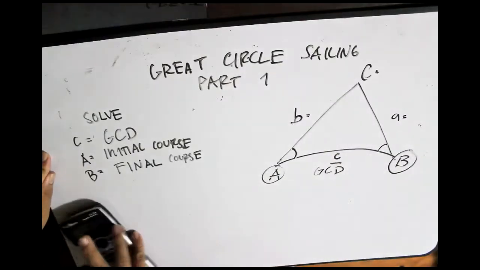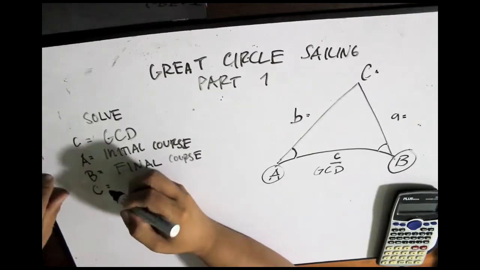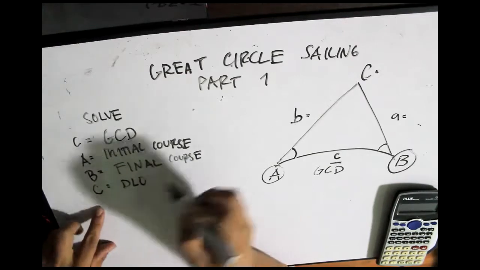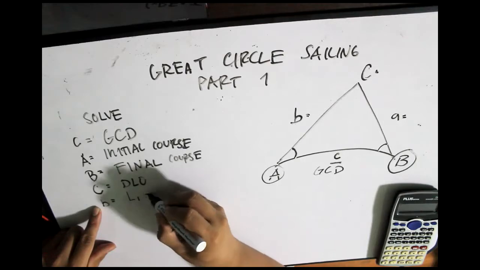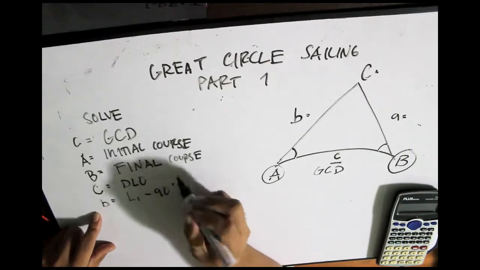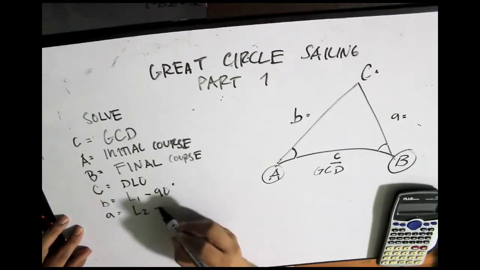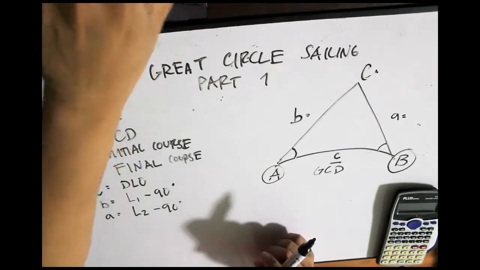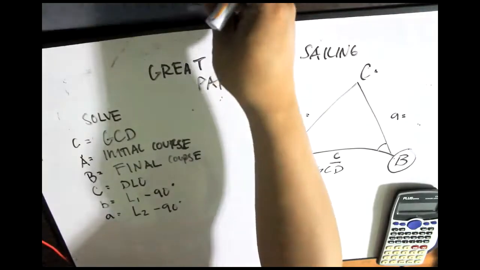Now, yung malaking C na yan would be our difference of longitude. Okay? And the B will be your latitude 1 minus 90 degrees. And your A na maliit will be your latitude 2 minus 90 degrees. Okay? Bakit tayo nag-minus ng 90 degrees? Bakit tayo nag-minus ng 90 degrees sa ating latitude? Simply because